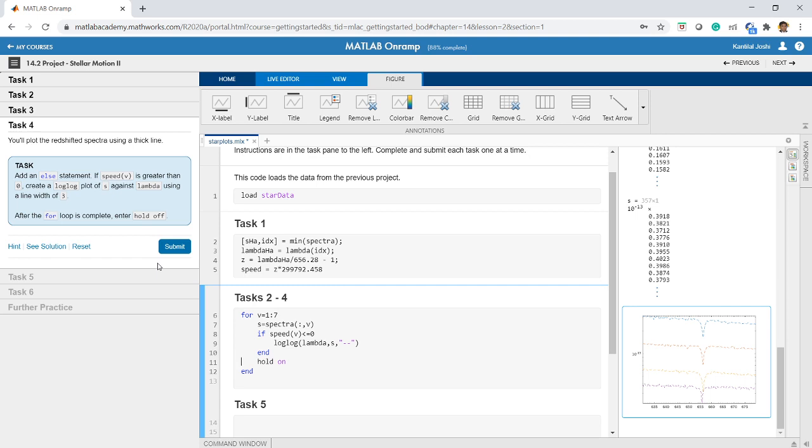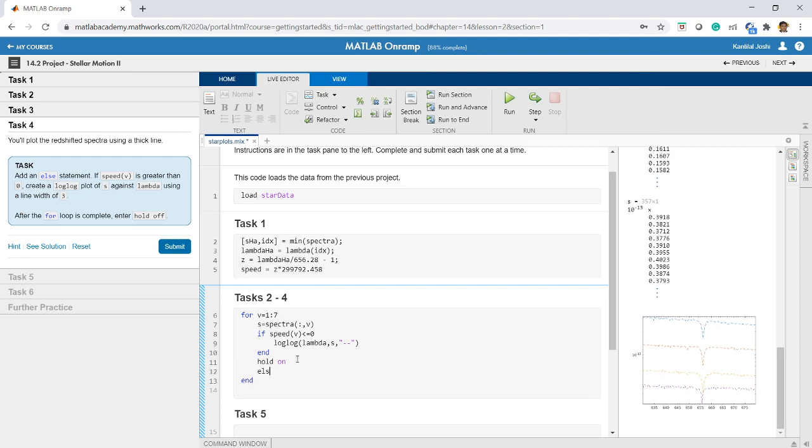Now what is the next task? Add an else statement. If speed is greater than 0, create a log-log plot of S against lambda using a line width of 3. After the for loop is complete, enter hold off. So after adding hold on, I'll write else here. In else, because if this condition is not true, then what should we do? I should do a log-log plot.